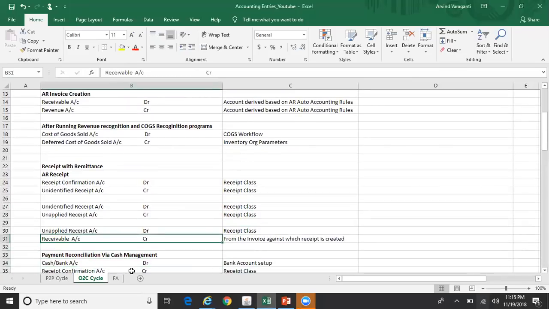And once you enter your transaction number, the balance again moves from your unapplied receipt to your receivable account. So the entry will be unapplied receipt account debit, your receivable account gets credited. The receivable account is derived from your invoice against which this receipt is created. So the net impact of this is receipt confirmation account debit and your receivable account credit,